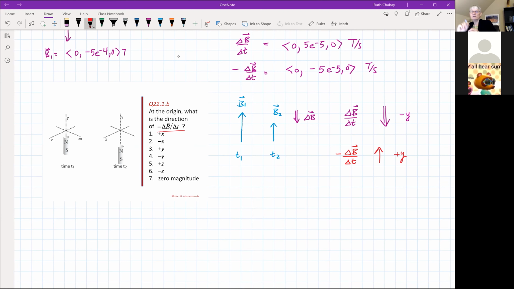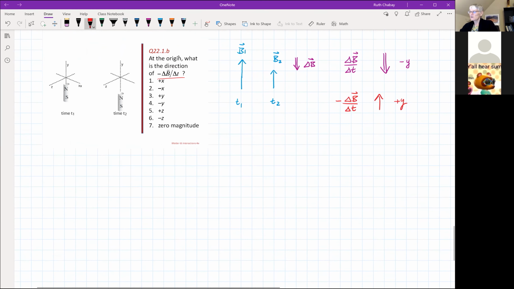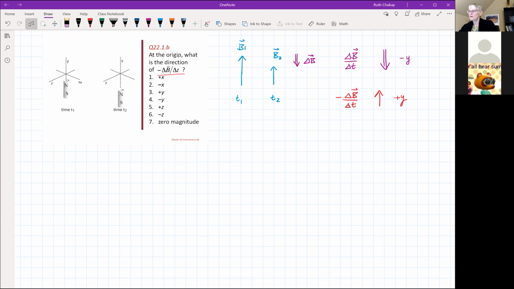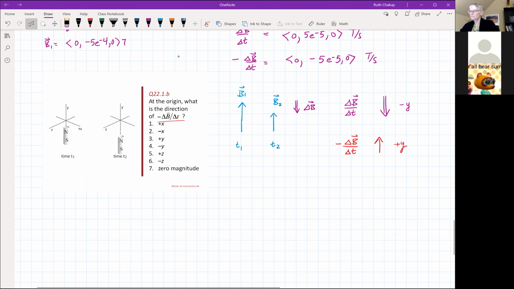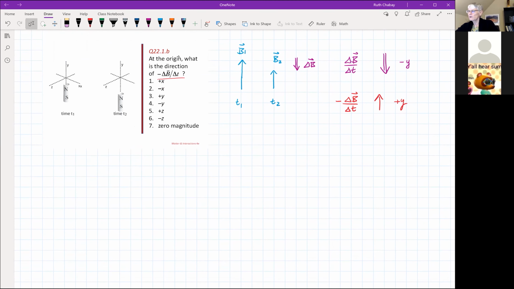Now, why do we need to do that? Well, we need to do that so we can tell the direction of the curly electric field that exists in this region due to this moving magnet. So let's see if we can actually draw it here. We have